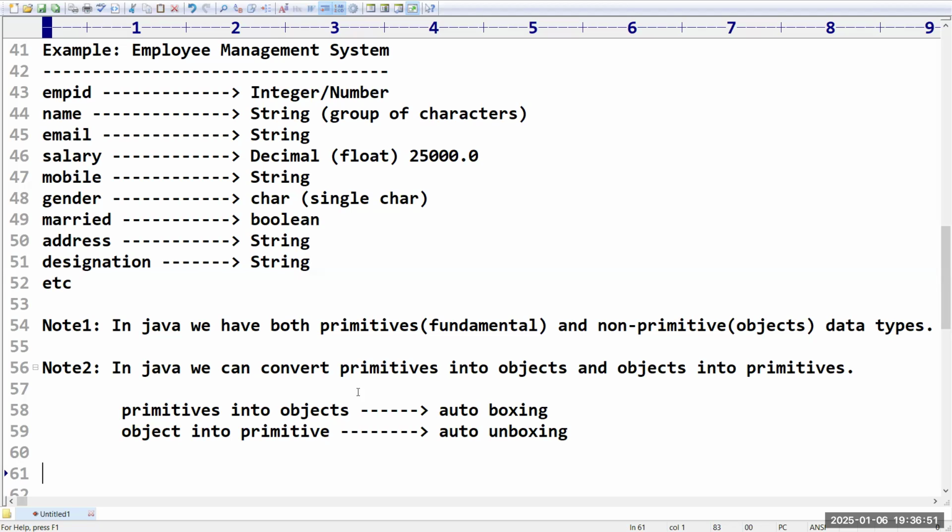That's why it is very common to convert primitives into objects and objects into primitives. For that, Java provides auto boxing and auto unboxing. Any queries up to this? Please confirm. No.